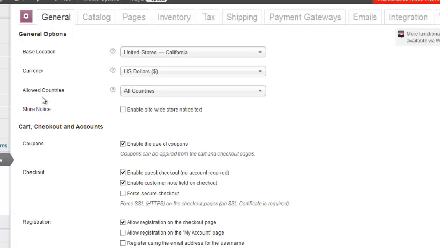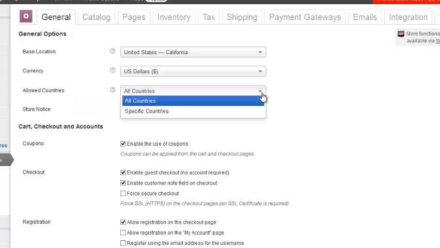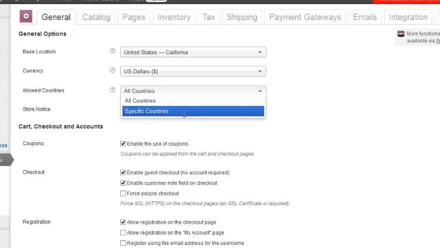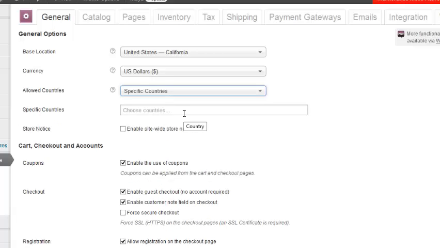Now, the third point I want to make here is countries allowed. And this is not really an arbitrary question. I mean, you need to think about what countries you actually want to sell to. And by default, we have all countries. Do you want that? Are you really willing to ship to all countries? The list is very long, and so you may want to define specific countries that you want to ship to. And that might be a better way to go. And again, there's all sorts of reasons for that.